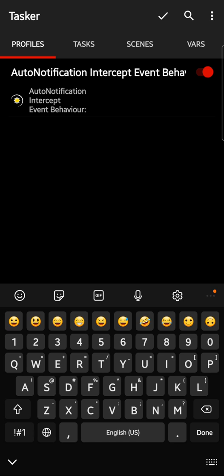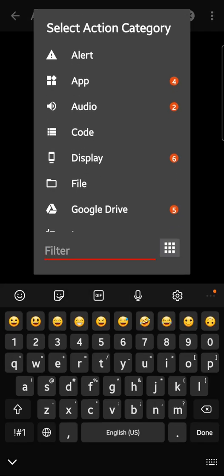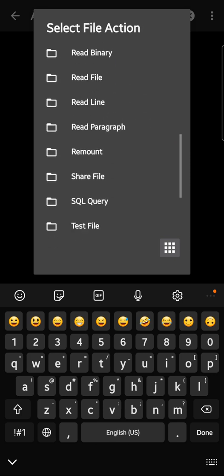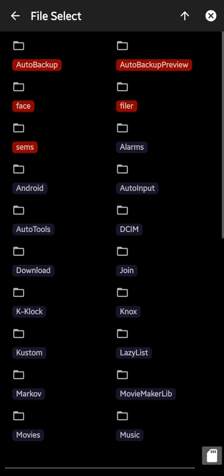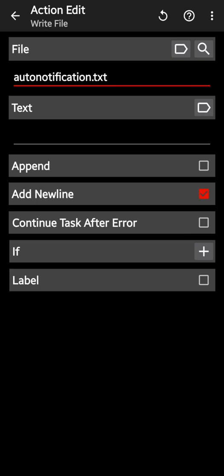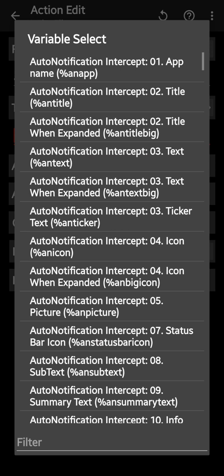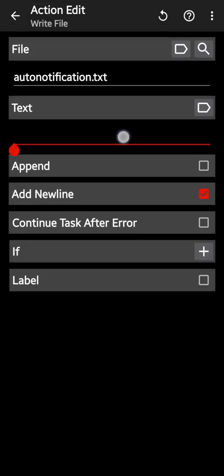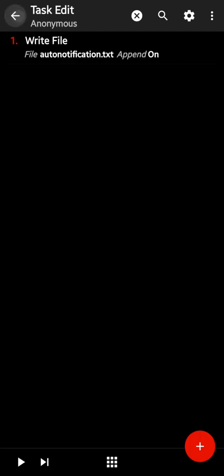Create a new task. Done. Add action. The first thing we should do is create a file with all of the data we want. Write file. I already have a text file here called autonotification.txt. For the text, we write all of the AutoNotification variables we want to keep track of. Like that. Make sure you hit append, save it,